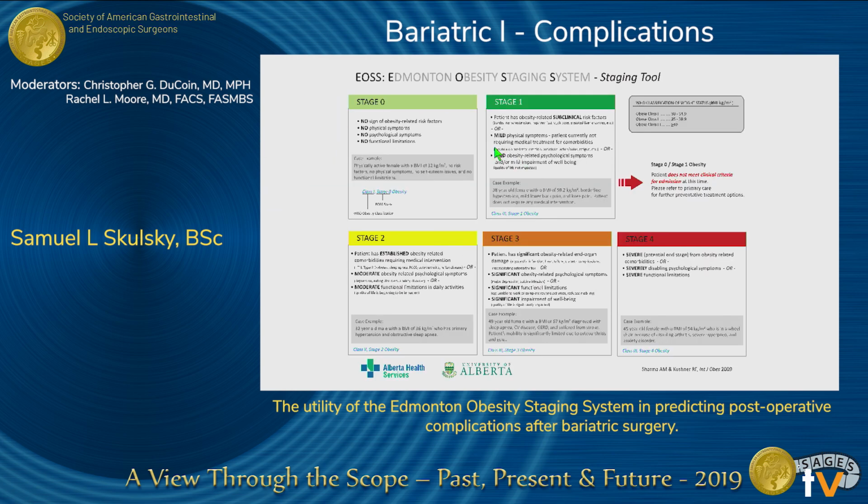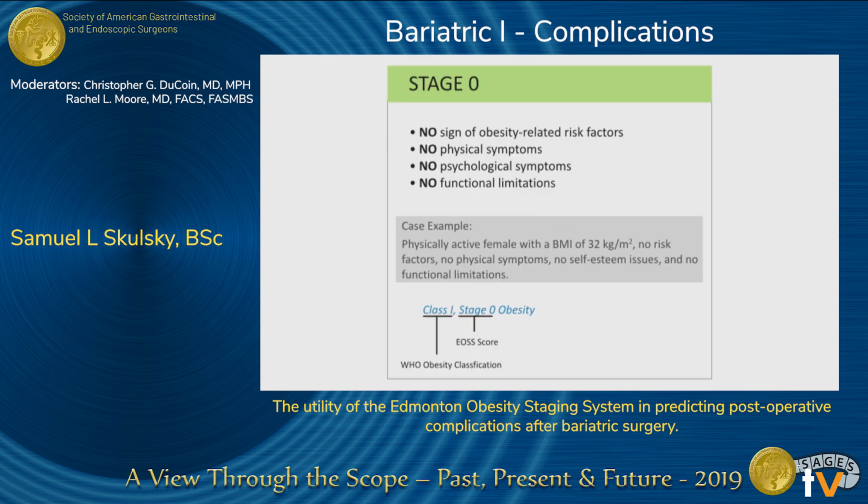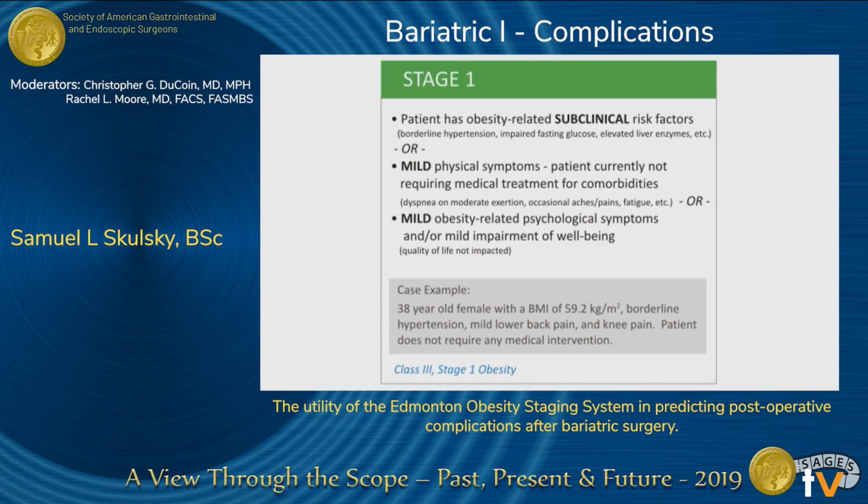So I'll just go over the staging system as we use it. It's graded from 0 to 4, increasing in score with the concomitance of comorbidities. And the rating is completely independent of BMI. So I'll go through each of them really quickly. Stage 0 would be someone who has obesity but has no obesity-related comorbidities or psychiatric symptoms or functional limitations. Stage 1 is the appearance of subclinical risk factors, so your borderline hypertension, impaired fasting glucose,